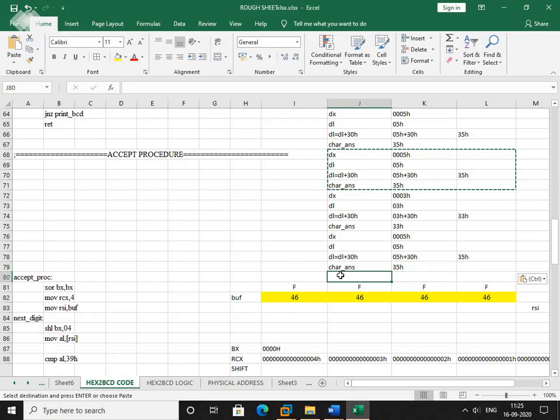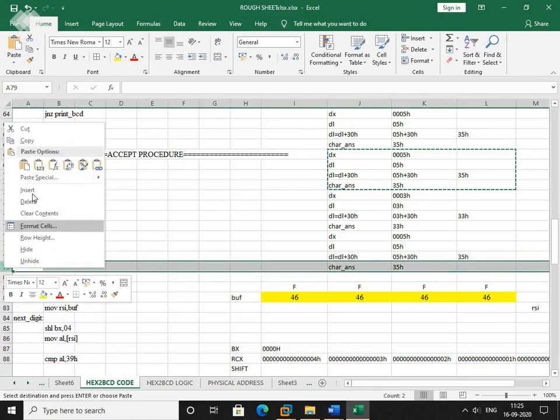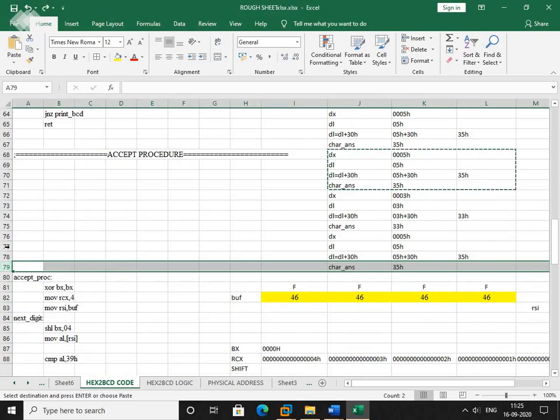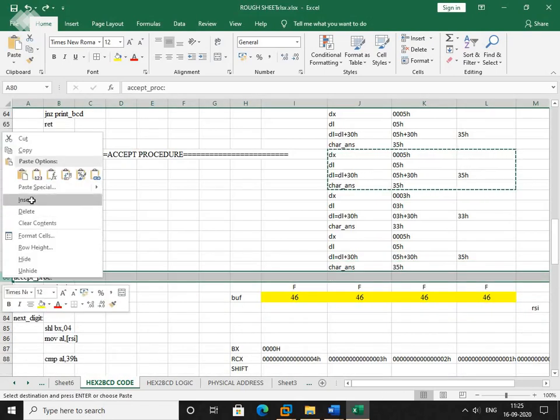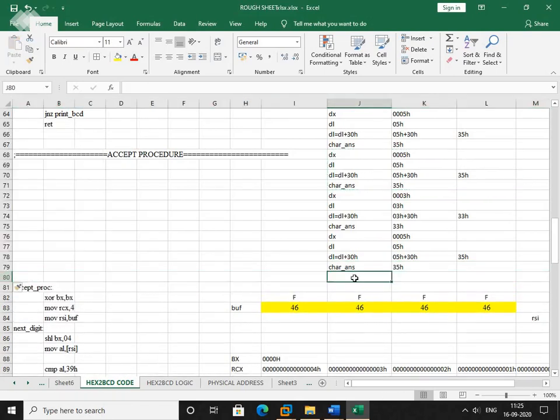So on the screen, 65535. This is our expected output. This will get displayed onto the screen.